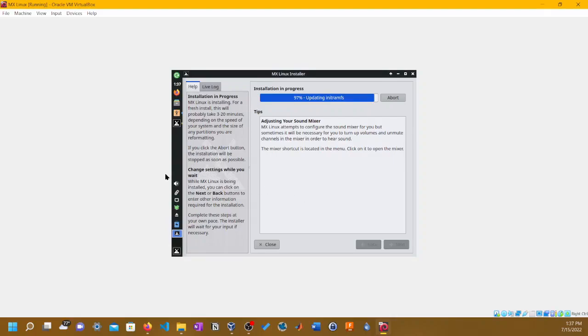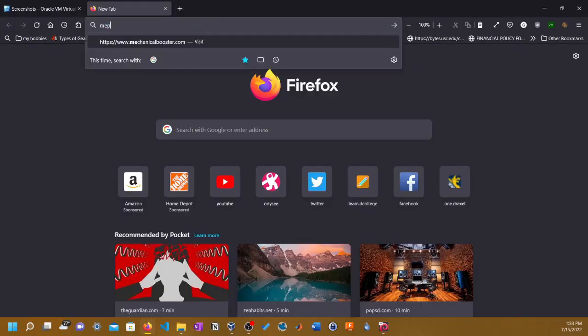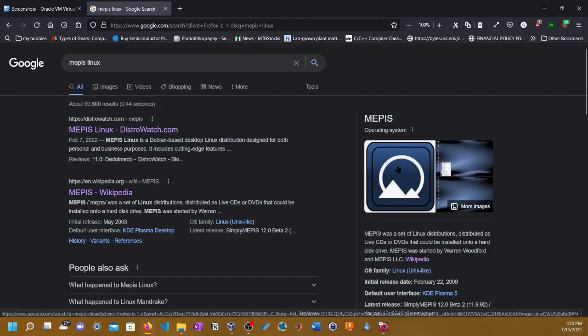It's really weird that they have all of this on the side. Mepis Linux. If you look at the Mepis Linux logo, I'll show you what it looks like. Yeah, that's what it looks like.